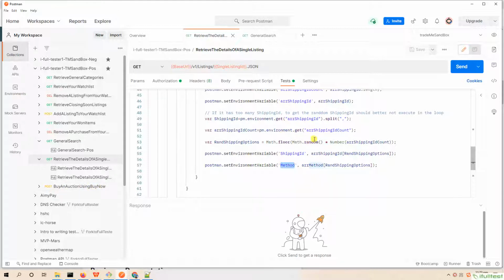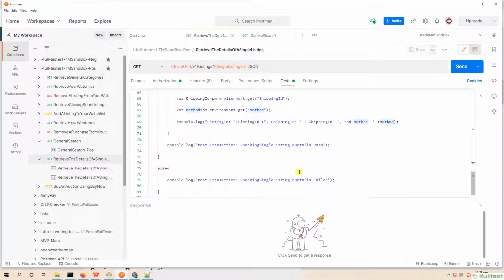Third, mark the transaction as passed. Otherwise, mark it as failed. Because we have got the dynamic data from the response of the upstream API for our current main API request to invoke. See, we get the dynamic data here.